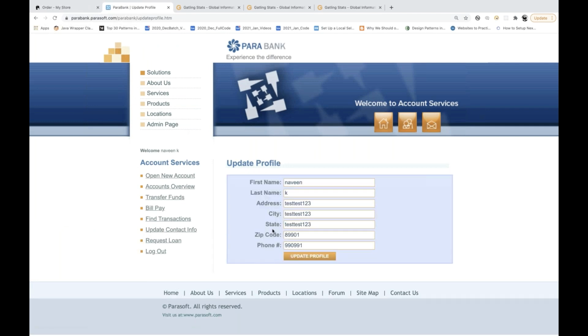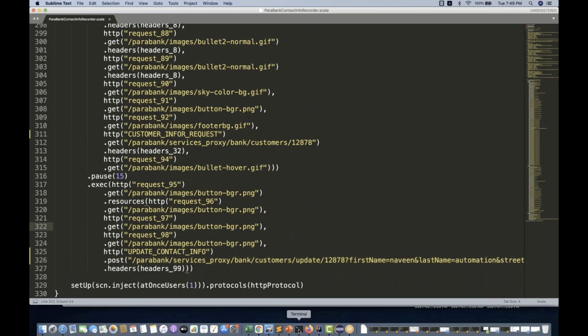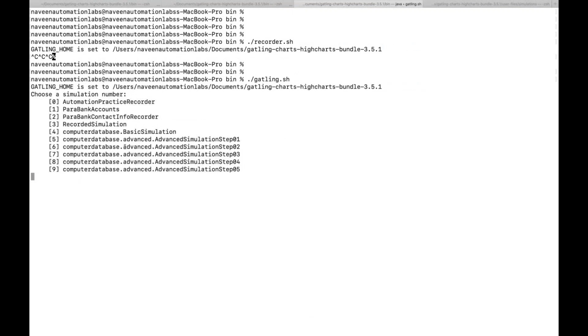Right now you see whatever the previous data is available over here. So when I run my script through Gatling and then refresh my page, it should display the updated records, whatever the new record that we have given from here. Let's see, it is picking that particular one. It's saying that yes, you have this recorder available, number 2. So I simply write number 2 index and run it.